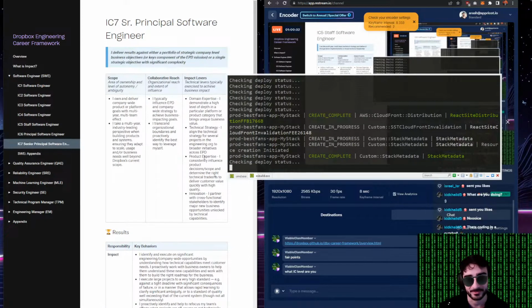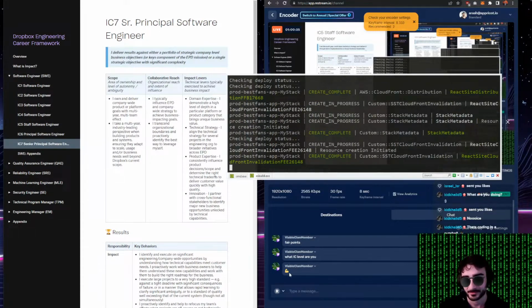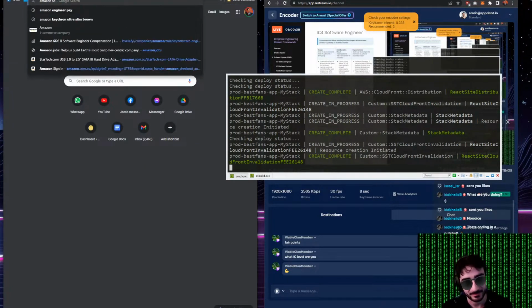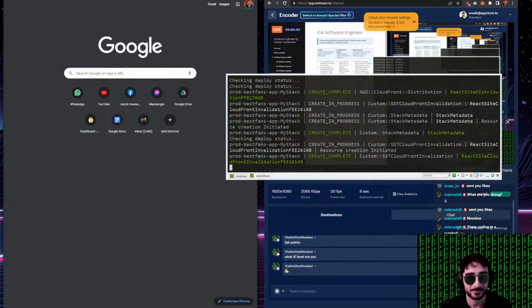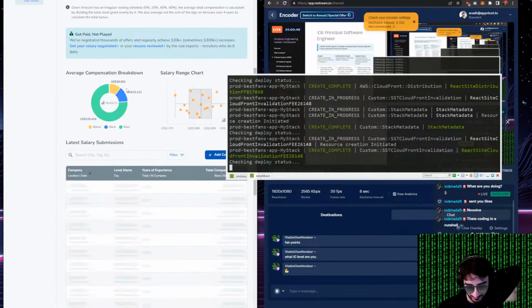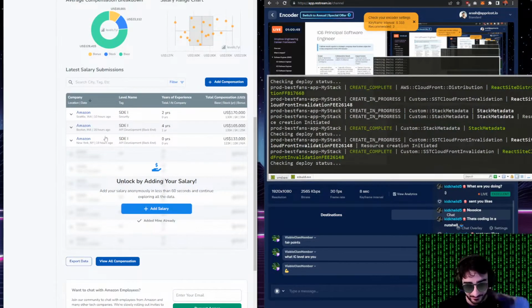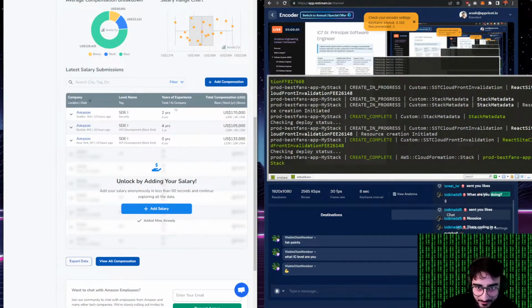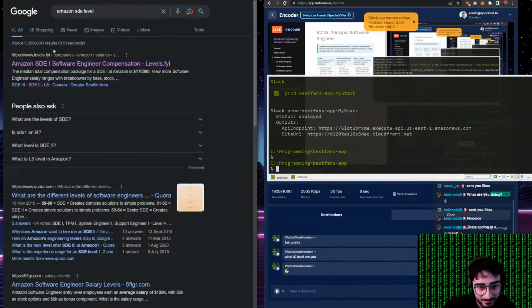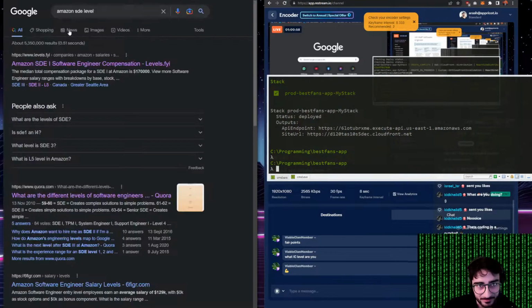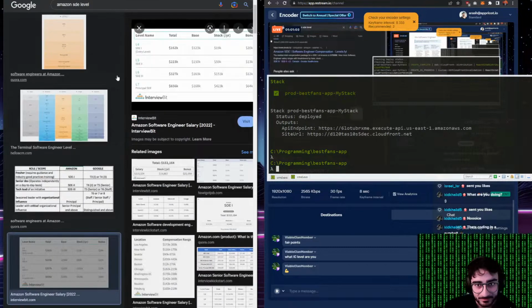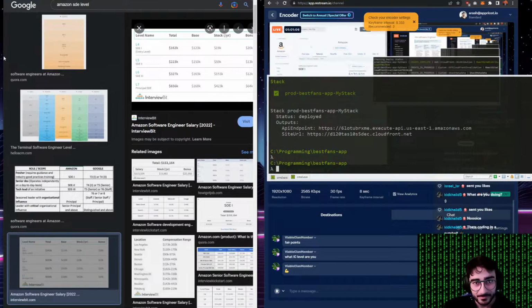But I'm not too sure. These are just like specific things. Like if you look at the Amazon SDE levels, I call it, or SE levels, software, yeah. Does it compare them? So yeah, for Amazon, if you're from 0 to 2 years, you're SDE 1. Oh no, this isn't what I thought it was. So these are all old. Yeah, here. Is this it? Yeah. So for Amazon,